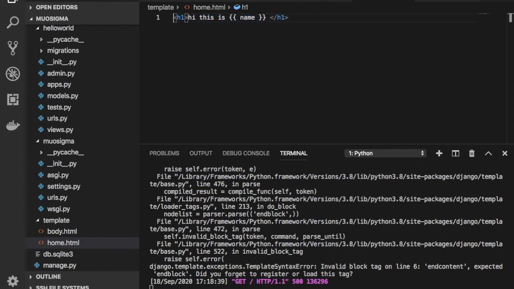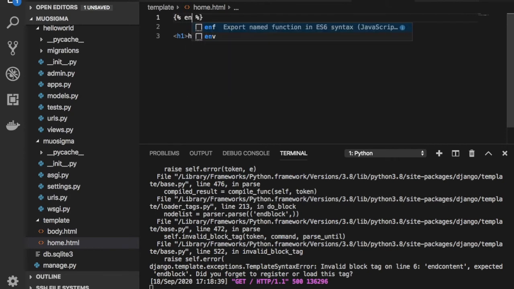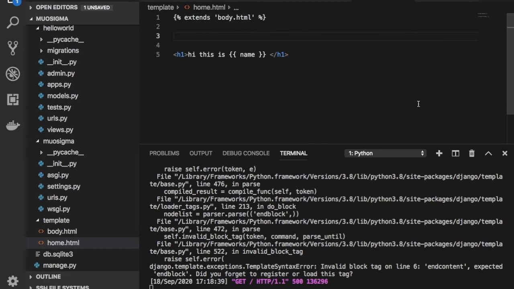So at the very first step, we need to use brackets like this, and inside this we need to extend. So here we need to extend our body.html file like this. So here we can create the block content. So how can we create the block content and how can this help us?